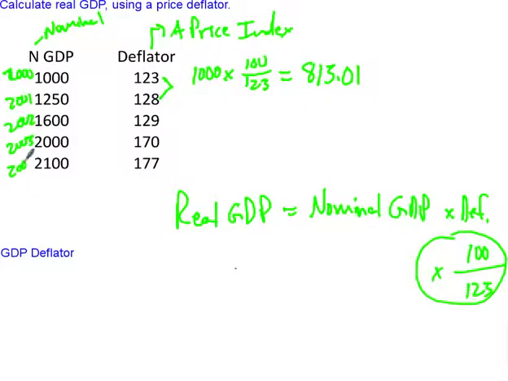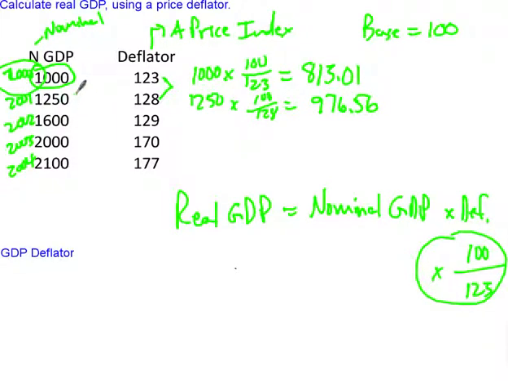All right, and so this is saying if this is year, let's say this is year 2000, 2001, 2002, 2003, 2004, which year do you think we're comparing this to? Do you think it's 2000 or 2004, or when do you think the year of comparison is? So hopefully you can look at it and say, look, we're having to lower this number. And so if we're lowering this number, the year that we're comparing it to, it's called the base year, is going to be before the year 2000. And just a little trick, the base year value of the deflator or the index is always going to be 100. So anyway, to calculate 1250, you take 1250 times 100 divided by 128, and that ends up giving you